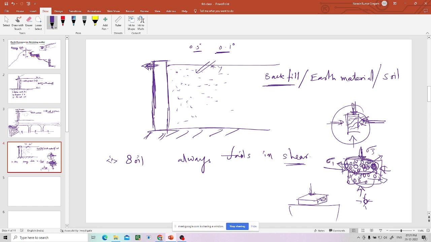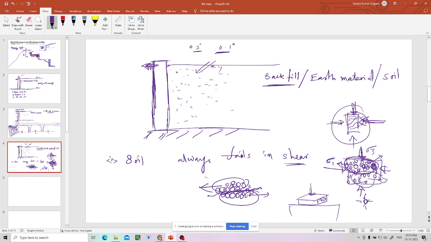So when they are moving in different directions, before they crush, a crack forms within the soil. Suppose this part is moving in this direction, this part is moving in this direction,